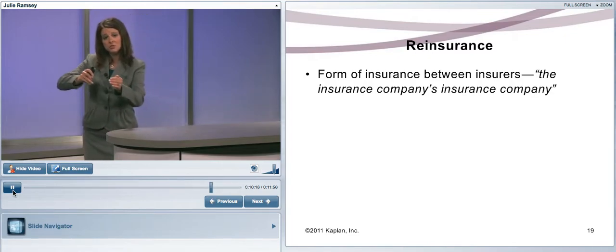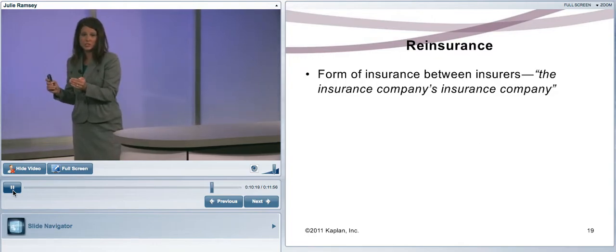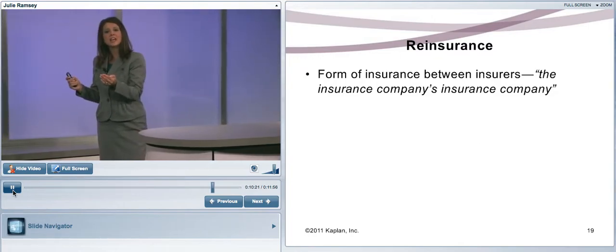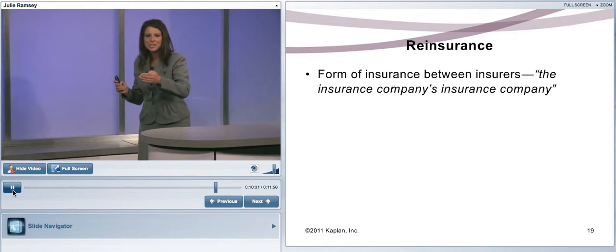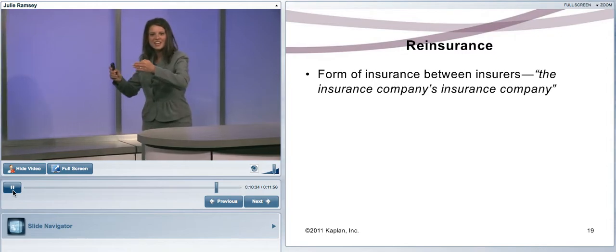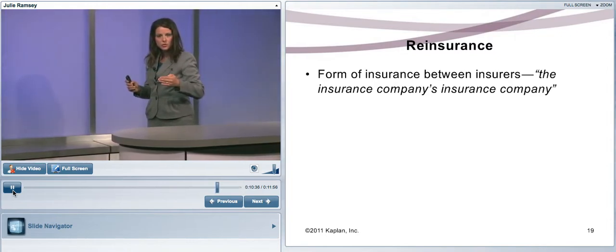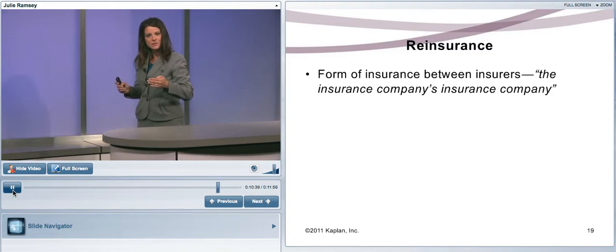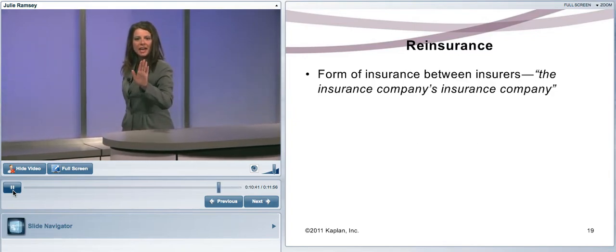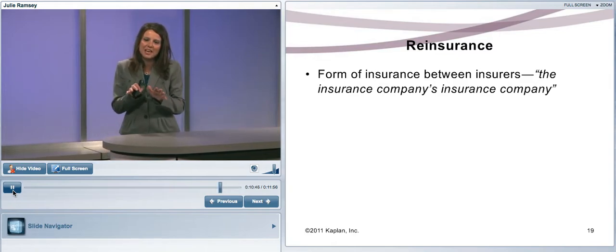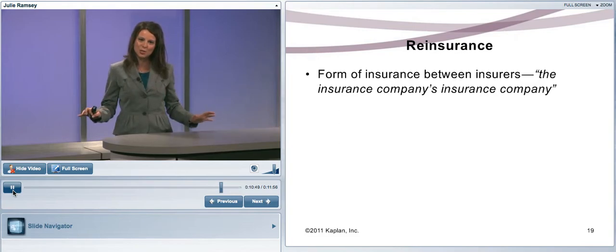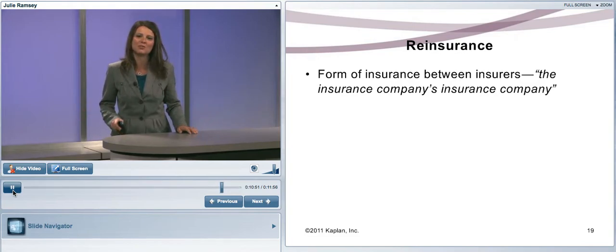What they do is they'll go to this reinsurance company, and they'll say, hey, are you willing to take on some of this risk? Well, let's look at the application. They'll look at the application and they'll say, yeah, we'll take on some of the risk, sure. And then they'll go to another insurance company and they'll reinsure part of it, and another and another. So when the insured passes away, has a claim, the insurance company up here pays, but it's not detrimental to that insurance company. Why? Because they have spread that risk to reinsurance companies, and it's not detrimental to any one company.